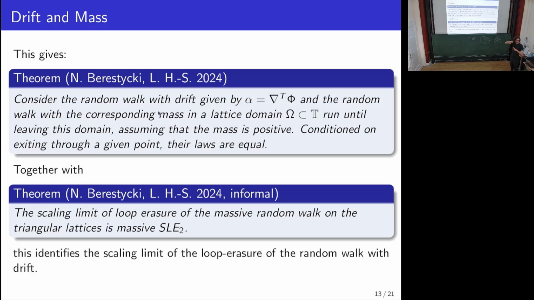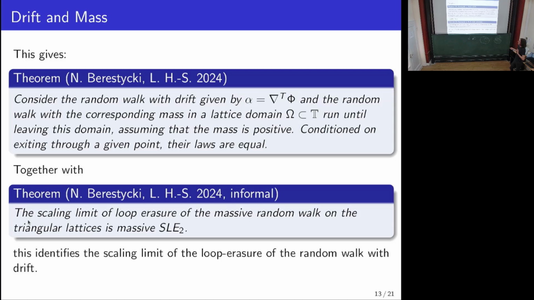So the mass, you had this formula earlier, this is Laplacian plus norm of gradient squared. And you run both of them until you get a plane. You assume the mass is positive, and then if you condition the x point, the laws are equal. It's also the laws of the loop ratios are equal. And then,